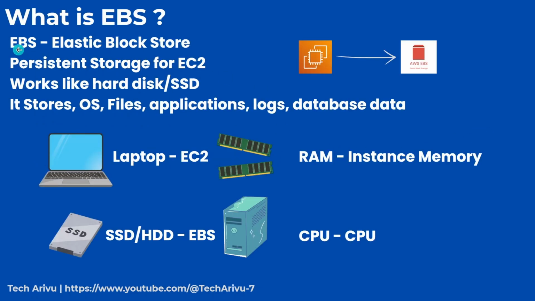So EBS stands for Elastic Block Store, and it is a persistent storage for EC2. It works similarly to a hard disk or SSD in our computer, and it stores OS, files, applications, logs, and database data too. A real life example: if you buy a laptop, you will have an inbuilt RAM, CPU,